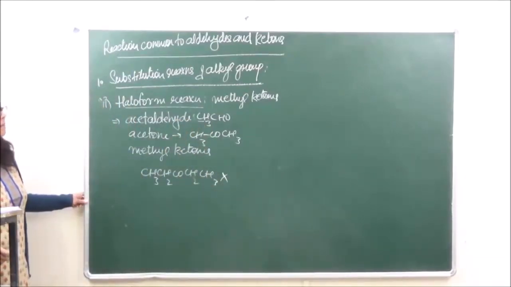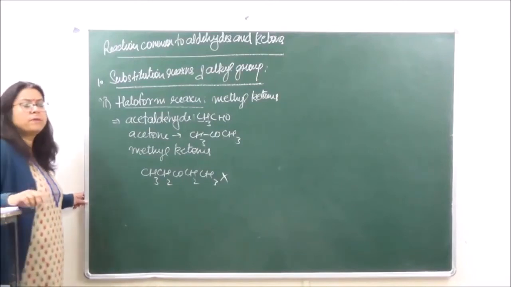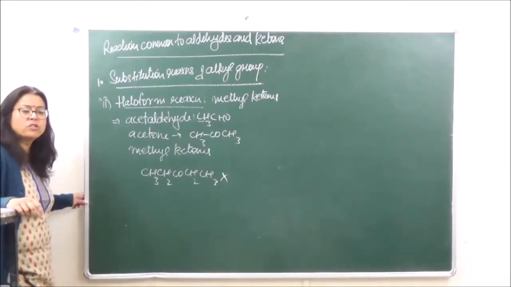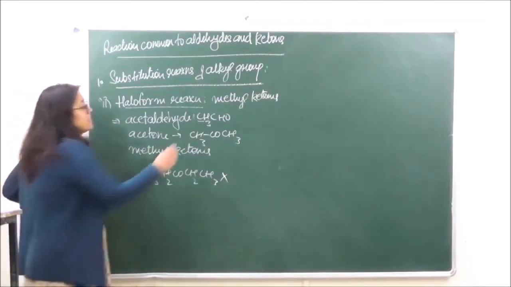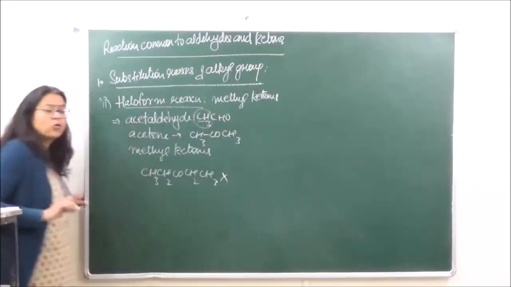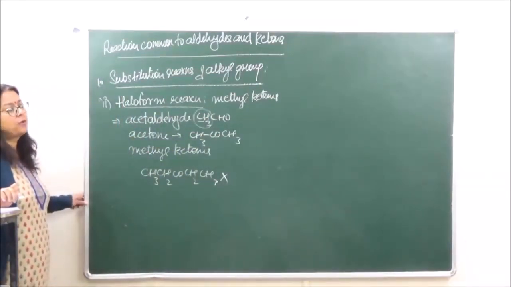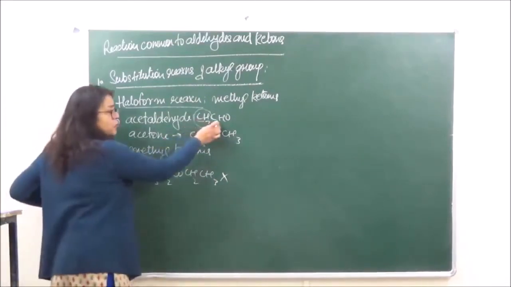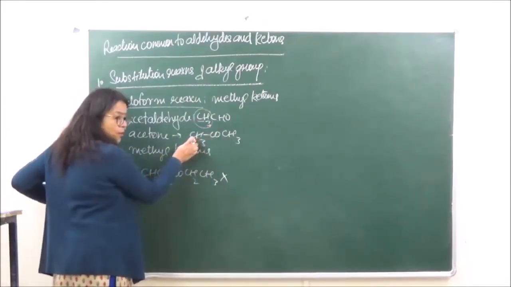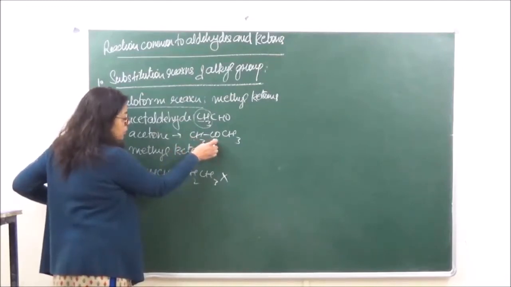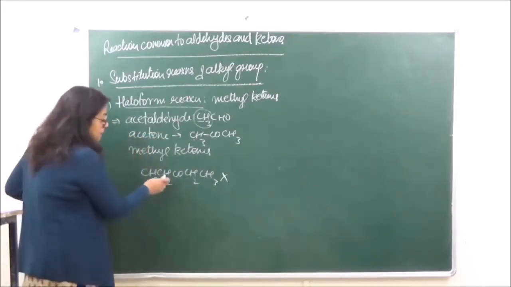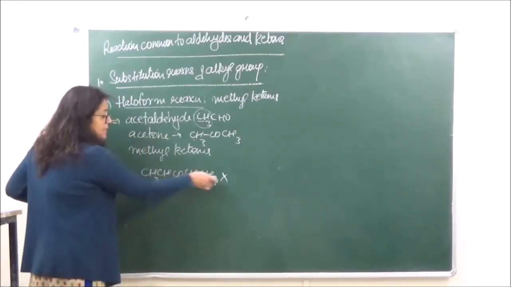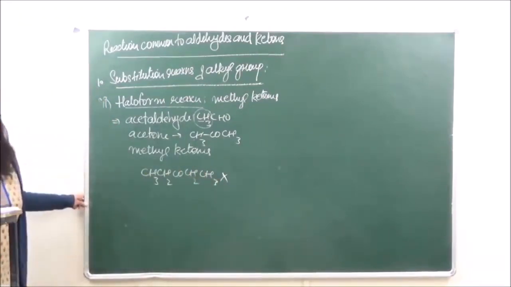This is one very typical kind of question which comes in your competitions. Which of the following will undergo, or which of the following will give the haloform test? So for any compound to give the haloform test, this CH3 group, the methyl group, should be present adjacent to the carbonyl group. So you can see over here there's one methyl group present with C double bond O. Over here also there's a methyl group present with C double bond O. All the methyl ketones which have at least one methyl group present. But if there is no methyl group present, then that is not going to give this test. Okay? So one CH3 must be present.